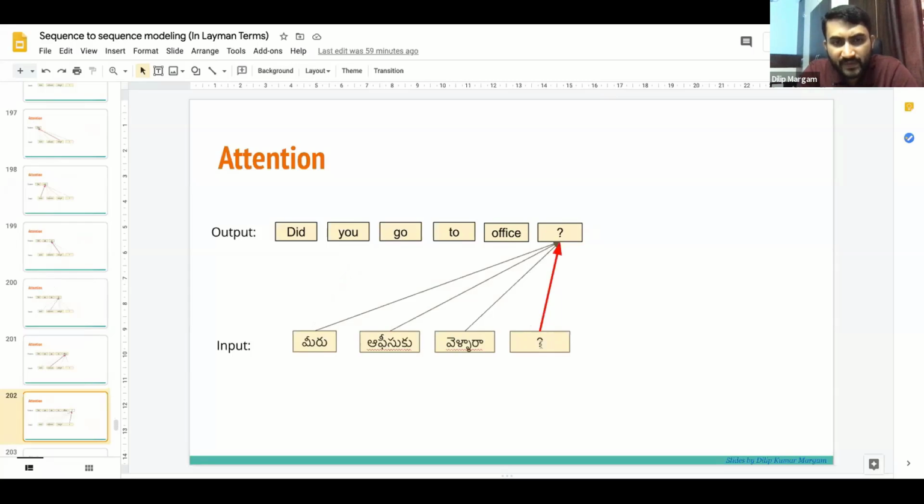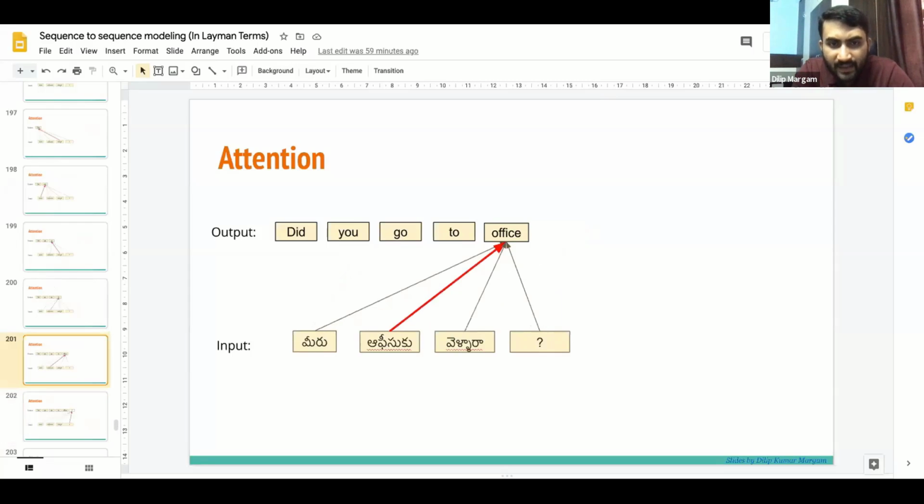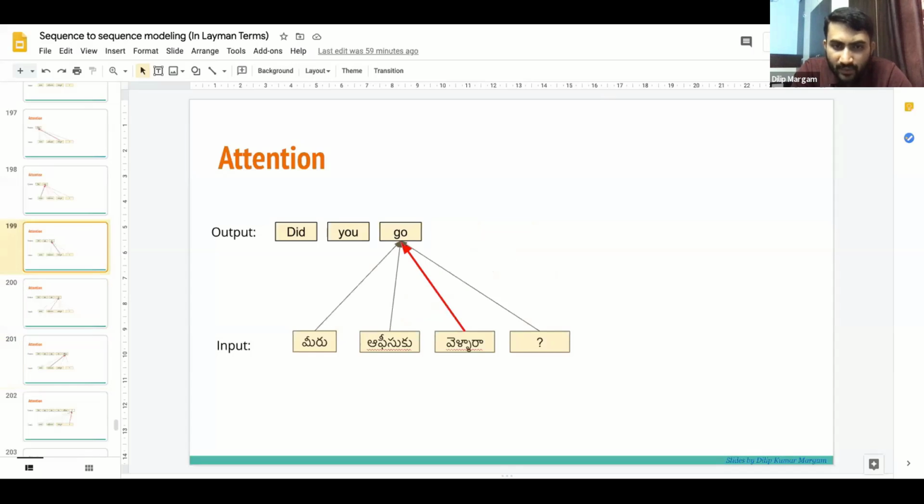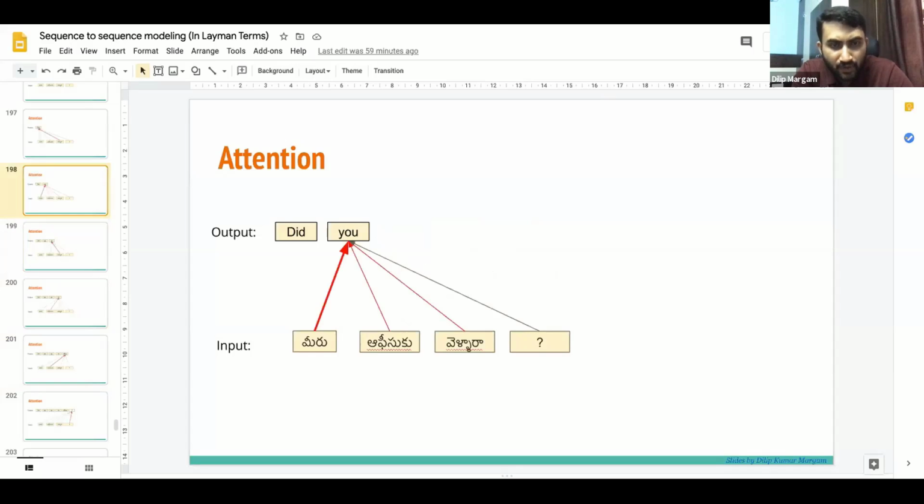So when you are predicting a particular word, the dependency on the input is different. When you are predicting office, the input token office is more important. When you are predicting go, the input token vellara is more important. When you are predicting you, the input token miru is very important.